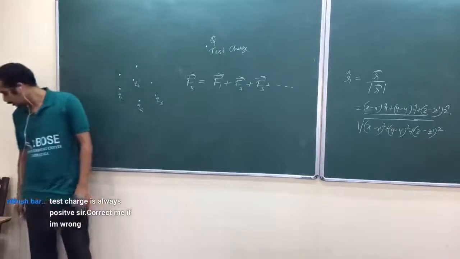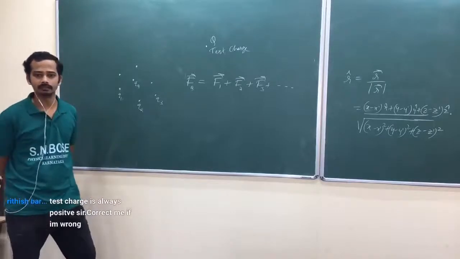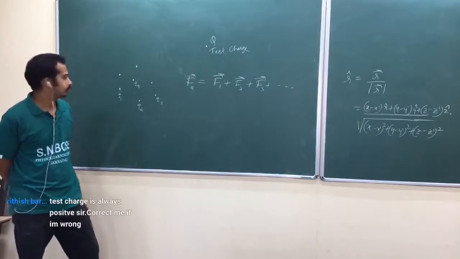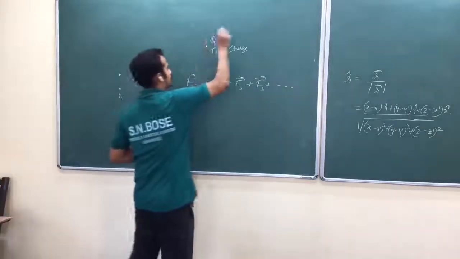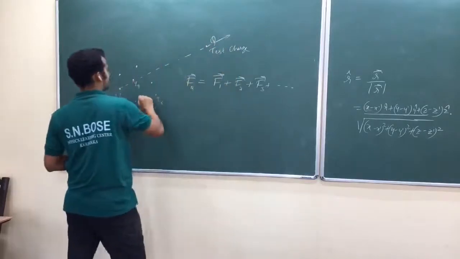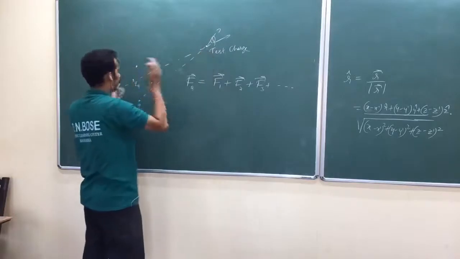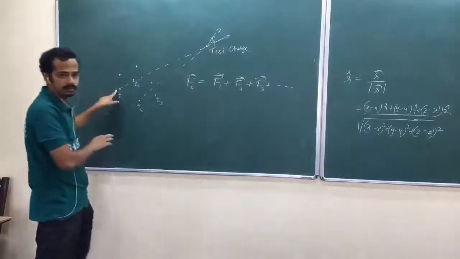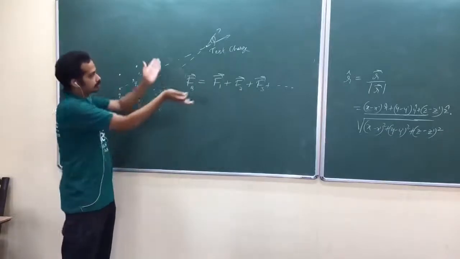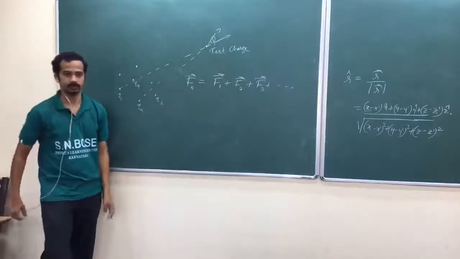What is that idea? Interaction between any two charges is completely unaffected by the presence of the other. Isn't it? We are taking these two to interact independently. We have written the force due to that one. While these two interactions happen, we are not thinking about the presence of this one. And we are saying all of them happen independently. And that's why we are adding them vectorially. That's a very important point actually.